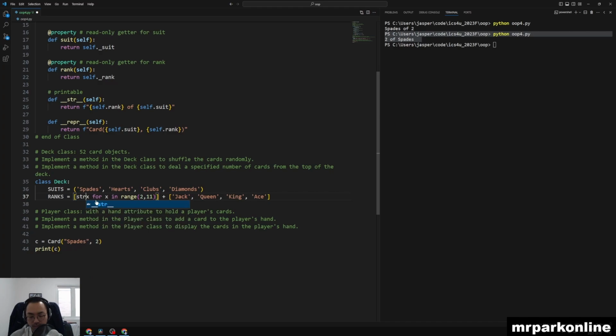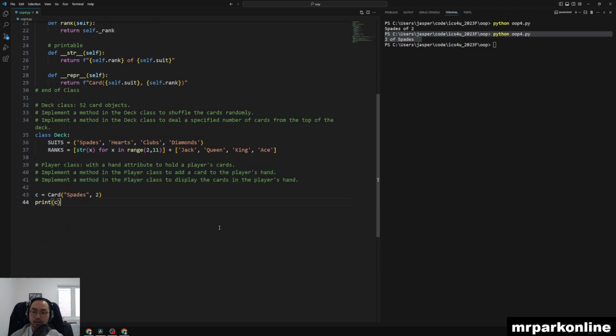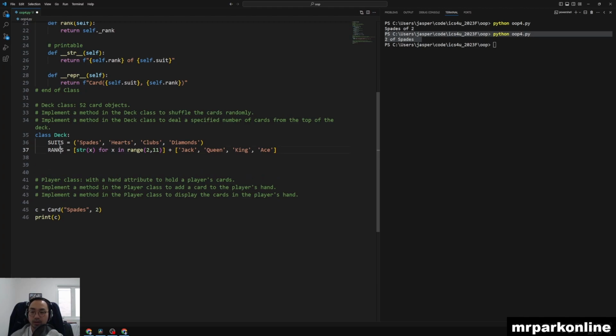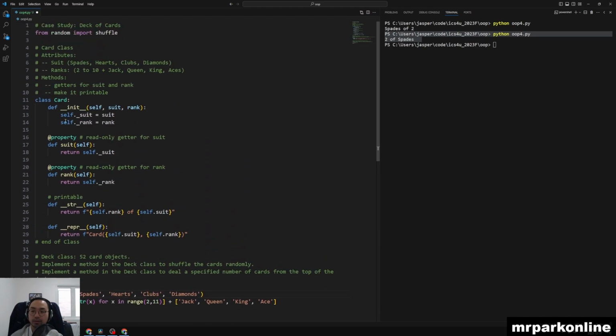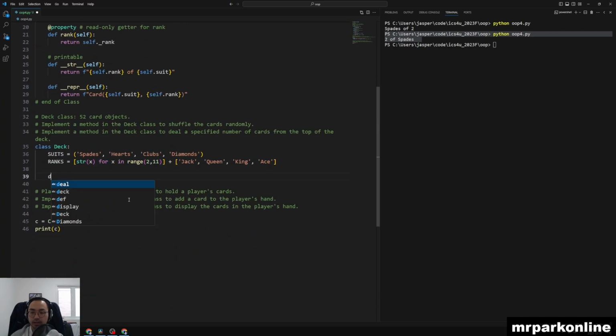Let's keep it consistent. We'll say it's all strings here, like that. Alrighty, perfect. So those are going to be our constants for when we have to create cards. So we're going to say def